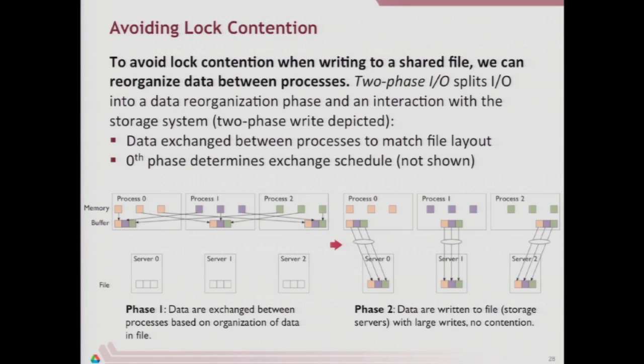So this is the write version. The read version, you read the data first and redistribute the data. There's actually 3 phases here. It's called two-phase I/O because when it was written, the 0th phase didn't really cost anything because systems weren't that big. Nowadays, that phase is expensive, and what that phase is about, I'm not showing it here,